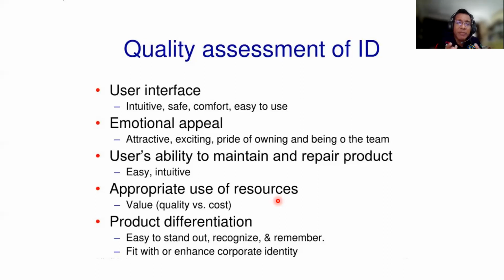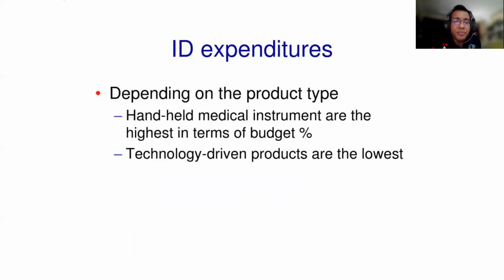So the customer remembers, for example, when we see it, we can differentiate the product. We can see this is the Adidas brand, this is the Nike brand, this is the Puma brand. So we can tell based on the corporate identity. The customer can remember their product. Then as a consumer, we can see it in the advertisement and it fits their corporate identity. So this is for product differentiation.